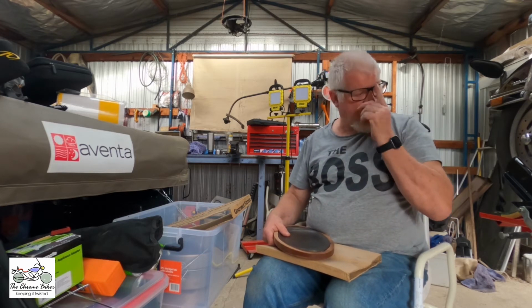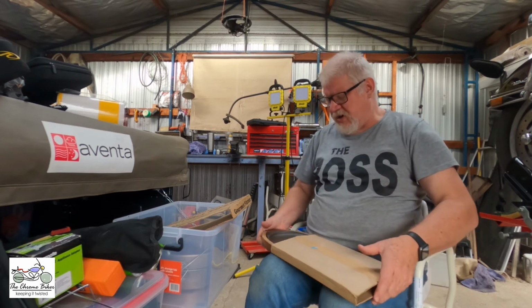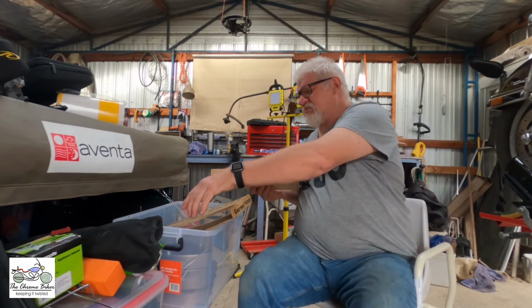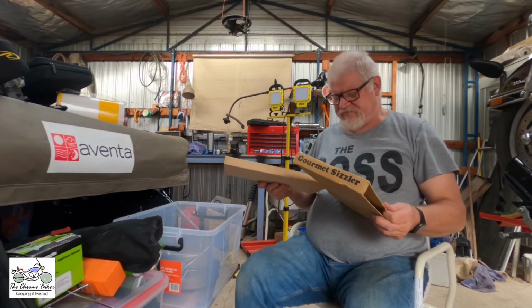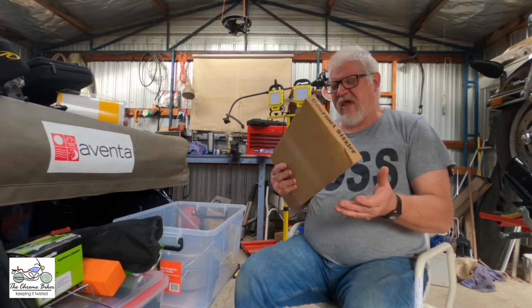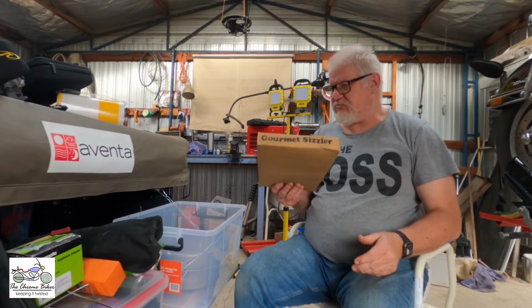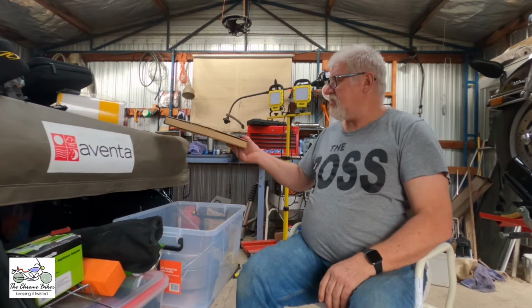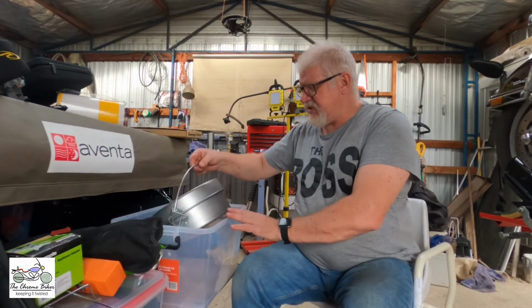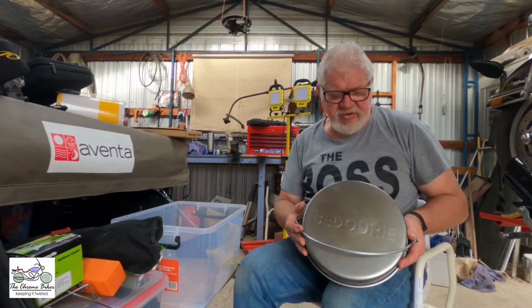I was going to take my cast iron pan, but because I'm taking my camp oven, I'm not going to worry about it. That weighs, you know, half a kilo sort of thing, or kilo even. It's not that heavy. So I'm going to take that. This thing is my camp oven. This is fantastic. This is a Bendari